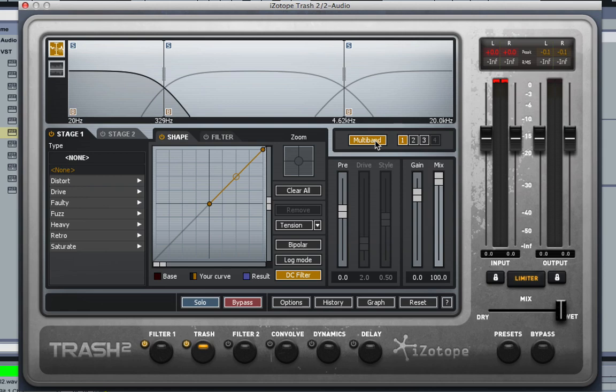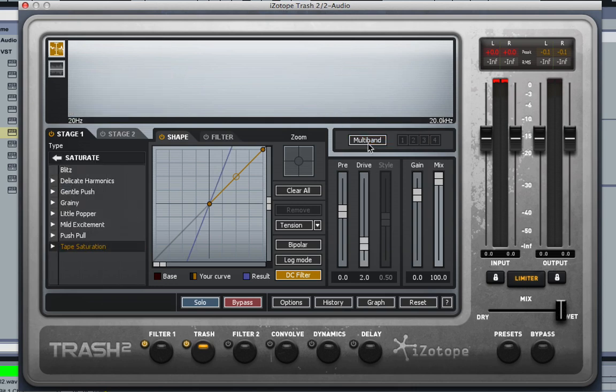Now, obviously, it's not a die-hard rule you must obey, but it's the best way to get going at least, and then you can work from there. That's the main reason you can use multiband, to distort the lows more aggressively than the highs. When you distort the highs, the sound tends to fall apart a bit. So anyway, because we've just got a nice and simple bass sound, we're going to turn off the multiband